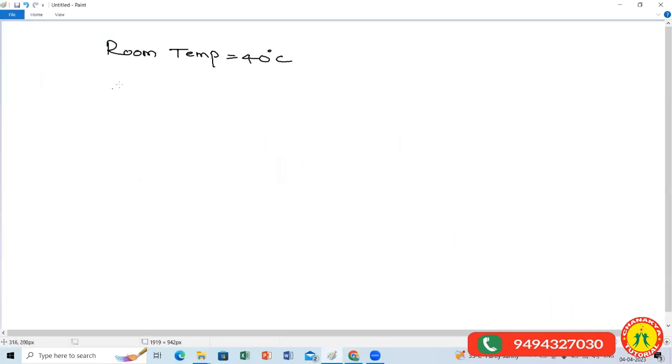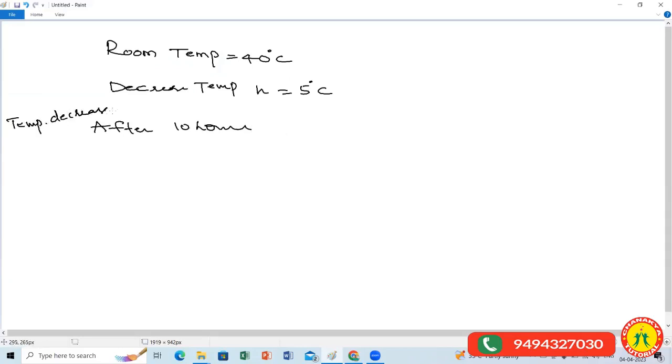Every hour, the temperature decreases. Per hour, decrease in temperature? Ma'am, 5 degrees Celsius. Temperature per hour is 5 degrees Celsius. After 10 hours, what is the decrease in temperature after 10 hours? So 10 into 5, which is